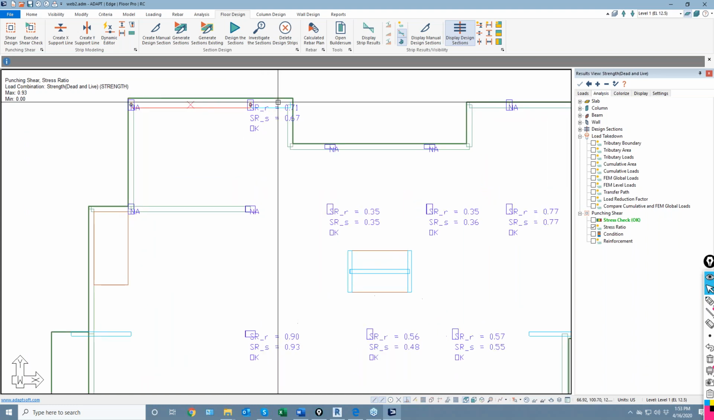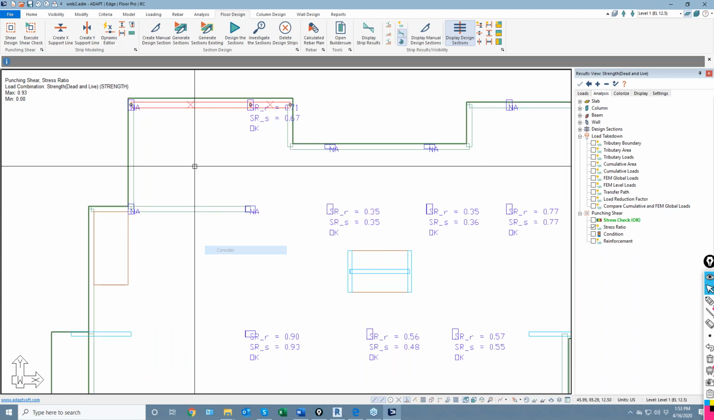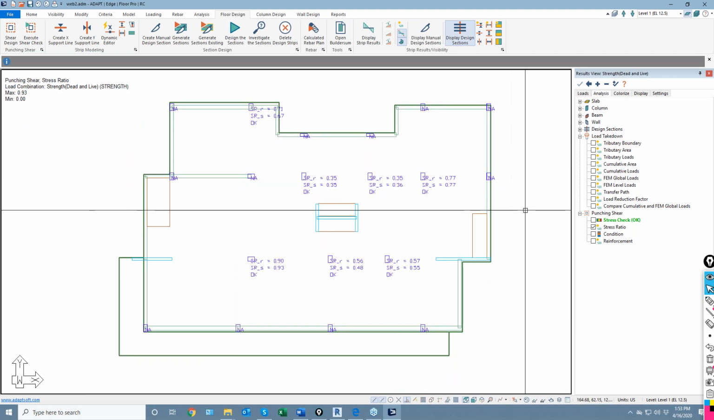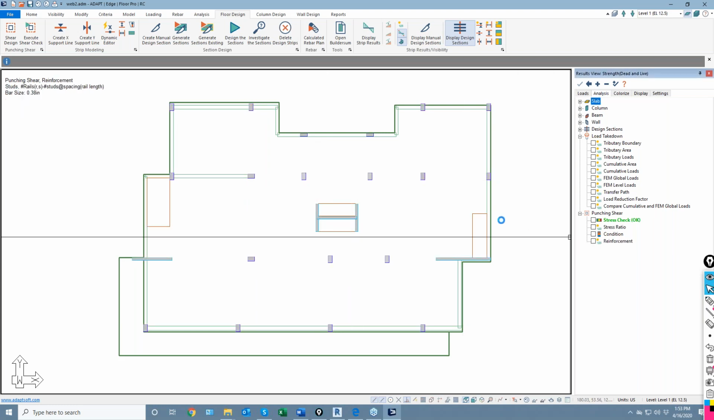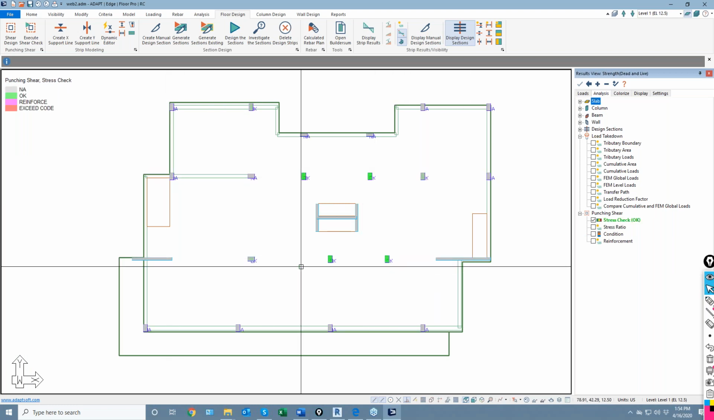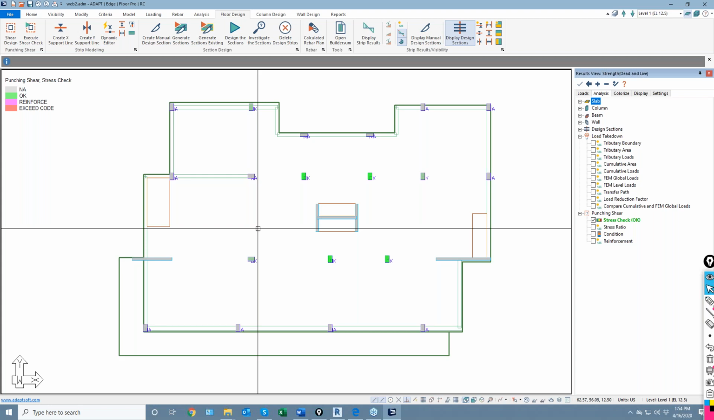Let me just set those back to consider. Okay, those are back turned on. When you disregard or consider, you essentially ignore that component when you run the analysis of the slab. But there's no reinforcement required for these columns. I don't think I have a heavy enough load, but that's ultimately, you would